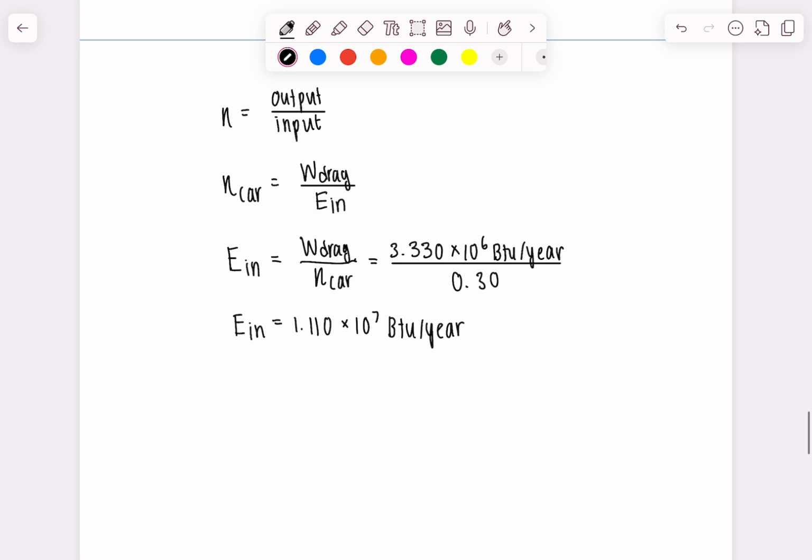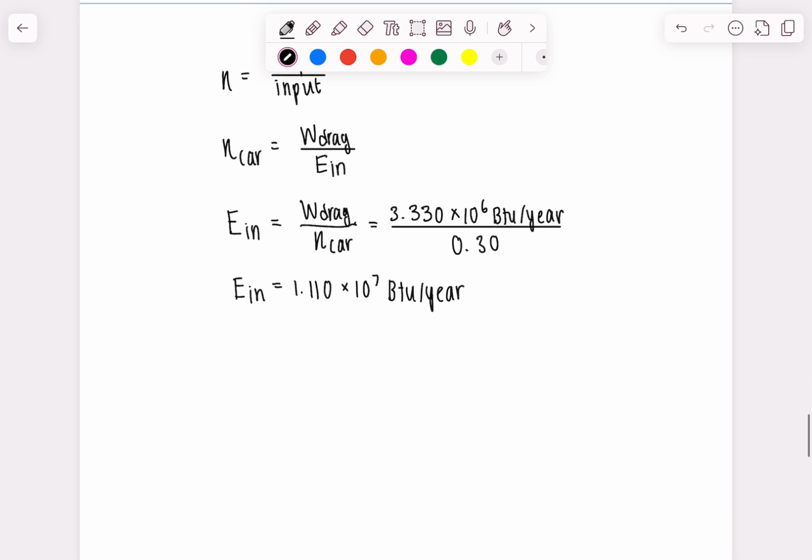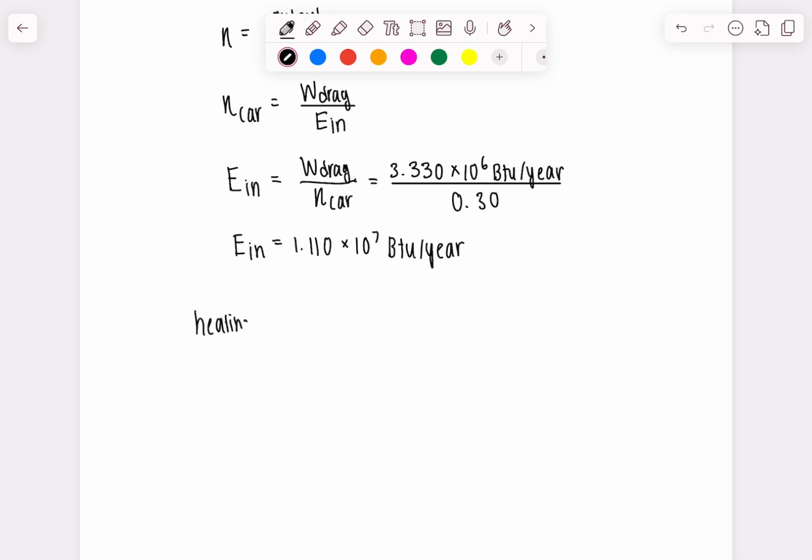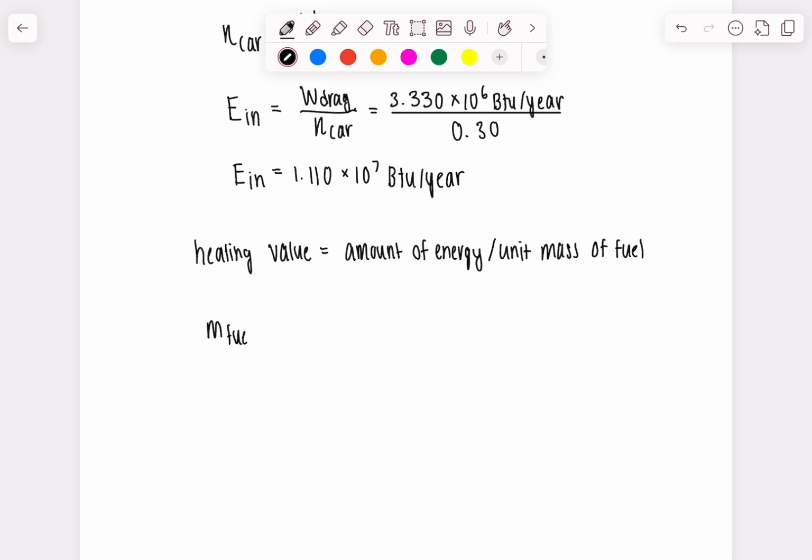So now in order to find the amount of fuel needed to supply this much energy, we need to understand what our heating value actually tells us. So the heating value is the amount of energy released per unit mass of fuel when it is completely burned. Alright, so since this value is per unit mass, if we divide the energy by the heating value, we will get the mass of fuel needed. So we could take this. Our mass of fuel is going to equal the energy input